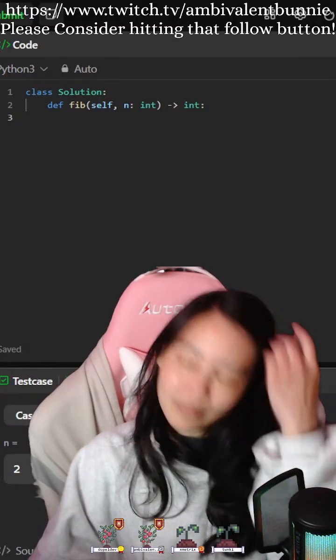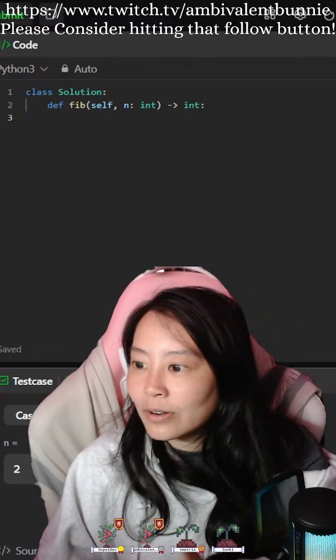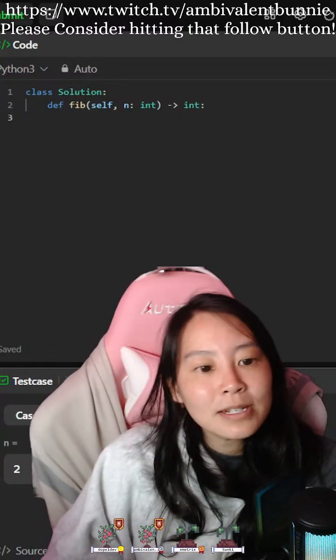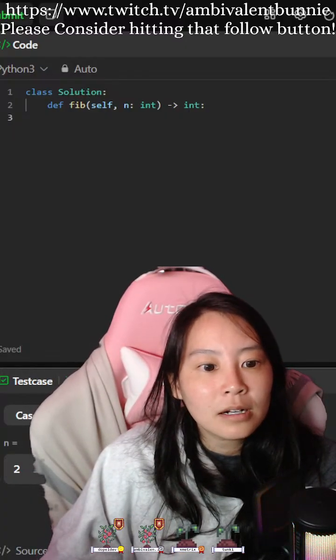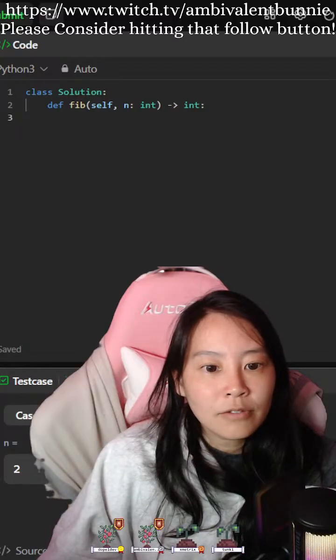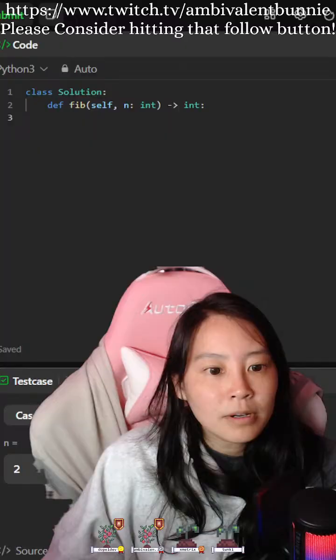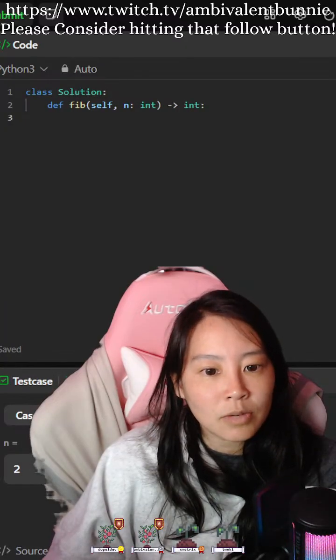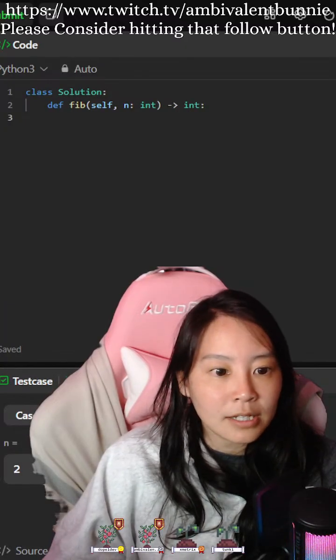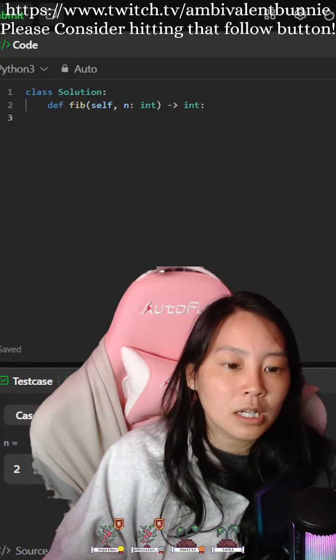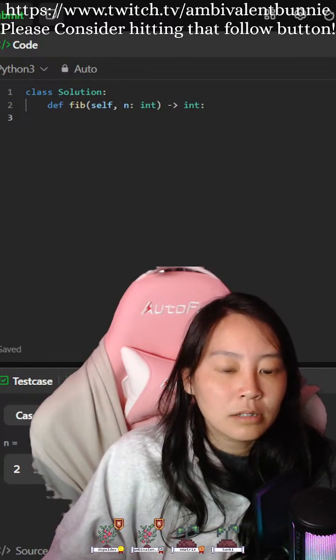Okay, anyways. So the Fibonacci numbers form a sequence such that each number is the sum of the two preceding ones, starting from 0 and 1. That is 0, 1, 1.